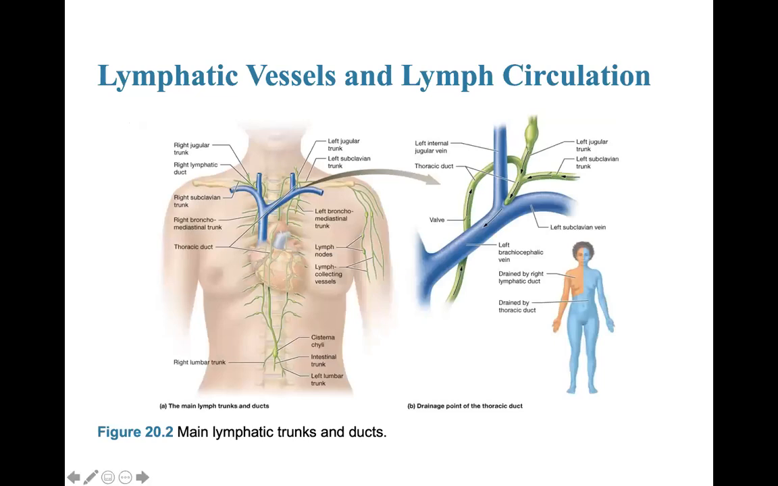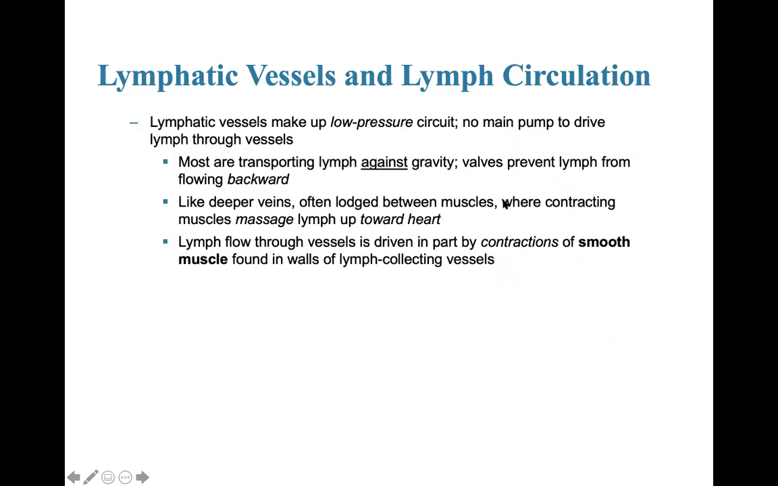So here we can see our 2 major trunks. We have the thoracic trunk right here, okay? And that's draining into the left jugular. Draining right into the left subclavian and left jugular veins, okay? And then